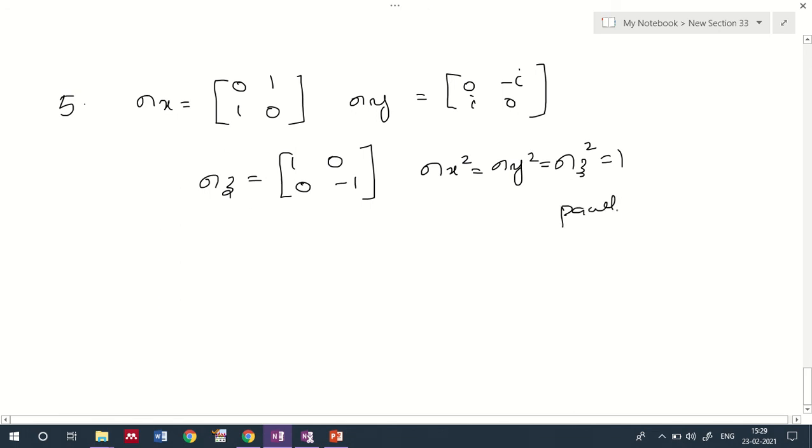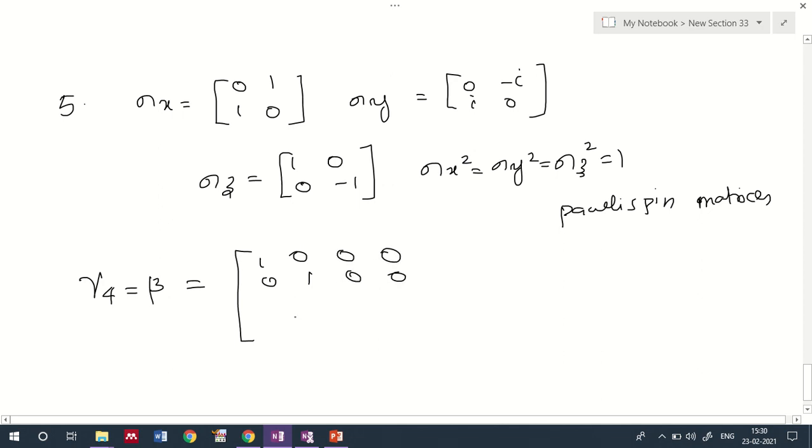So actually here I represent the Pauli spin matrices. The Dirac matrices can be represented in terms of Pauli matrices, since we already know that for the case of gamma 4, which is equal to beta, the matrix will be in the form 1, 0, 0, 1. So it's a 4 by 4 matrix, right? The next line we will have minus 1, 0, 0, 0, 0, minus 1. So in this form we will have different matrices in this case.